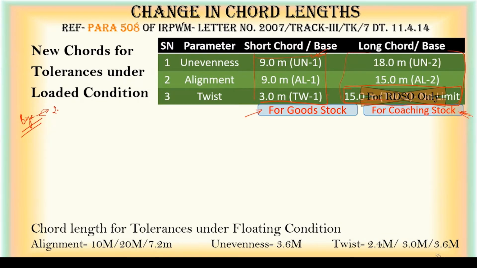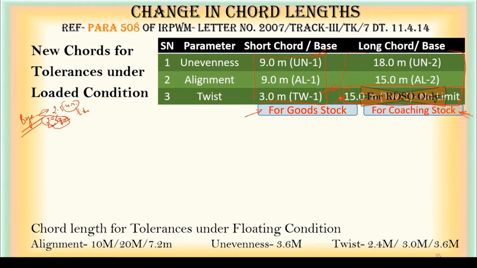Normally it will be between 2.5 to 4.5 meter. 4.4 मीटर के आसपास होता है लोको के लिए, और इधर जो 2.53 मीटर होता है, that is for coaching or goods stock. In fact, for Kavach it is 2 meter also, तो 2 to 3 meter के रेंज में होता है. So we can see that twist on the base of 3 meter is sufficient enough for a bogie to negotiate. उसके बाद वाला 15 meter वाला is not useful for